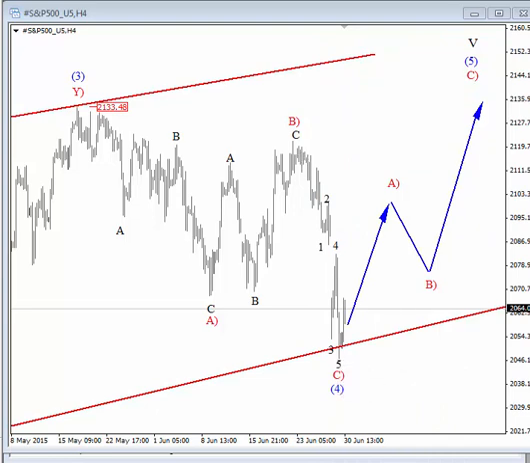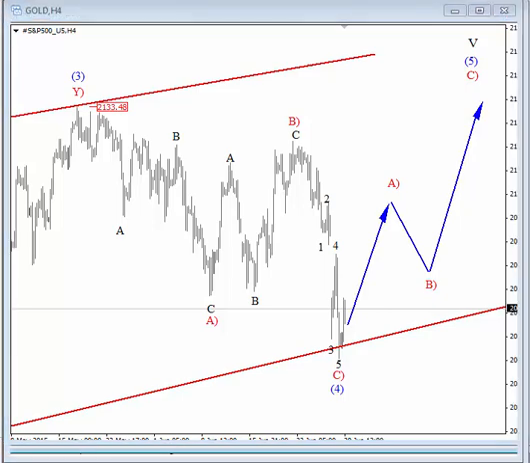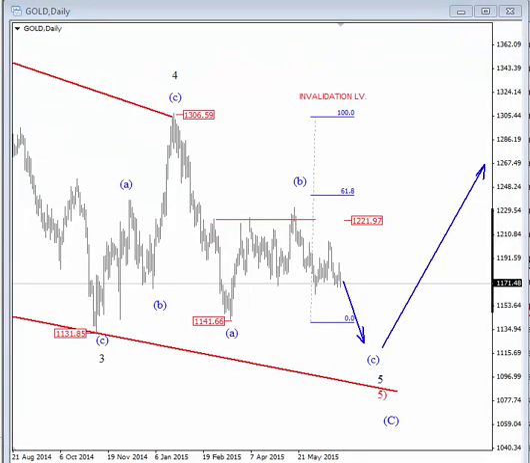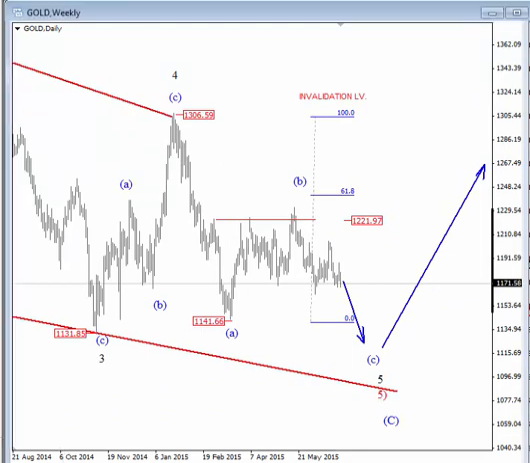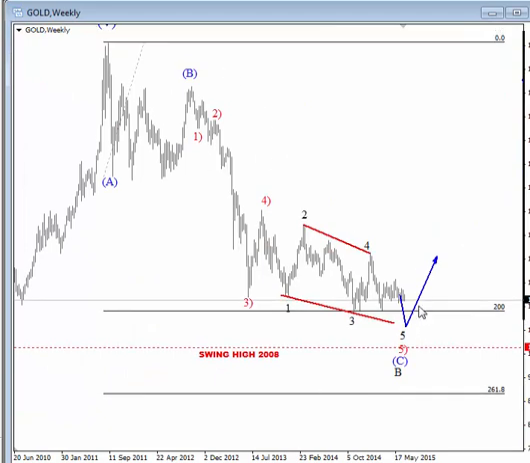Okay, now let's take a look at gold. Now, if you expect more dollar strength, if you expect more upside on stocks, then gold will usually stay under pressure. So I'm still looking for another push to the downside, but with limited losses here to complete this ending diagonal